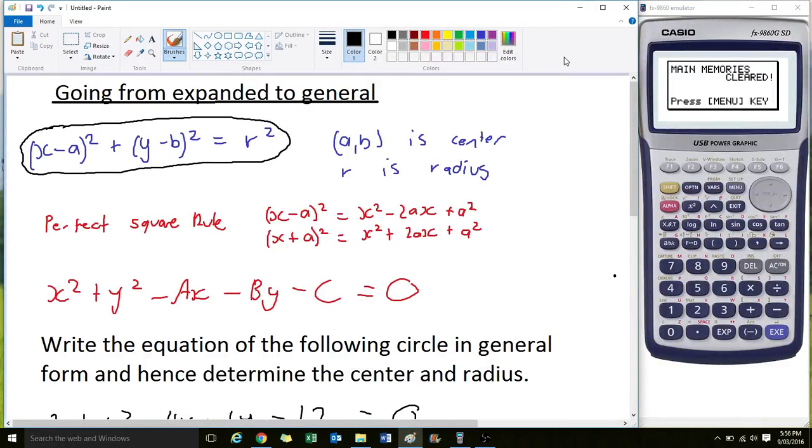Okay, what we're going to do here is basically the opposite. We're going from expanded form to general form. Okay, so we have the expanded form here that I'm circling now. All right, and the expanded form is